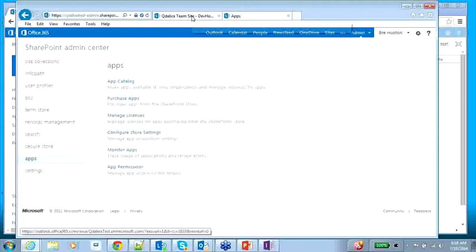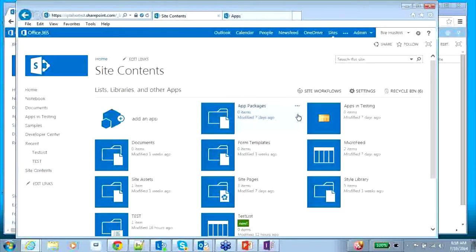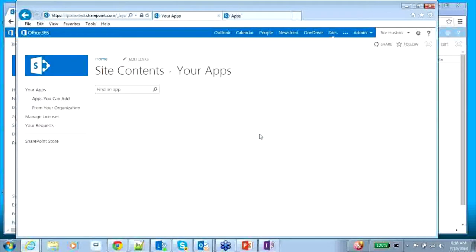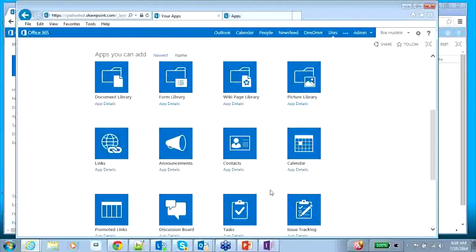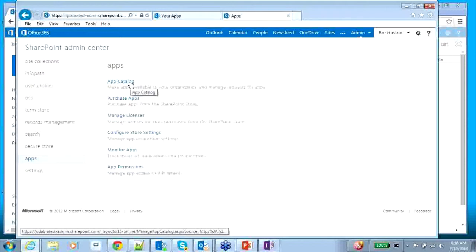And maybe a good part to show before is my site contents. You can see that I don't have my FormsViewer app. If I try to add an app here, it's not there right now, and it's going to appear right in that first one. So we're going to go to our app catalog